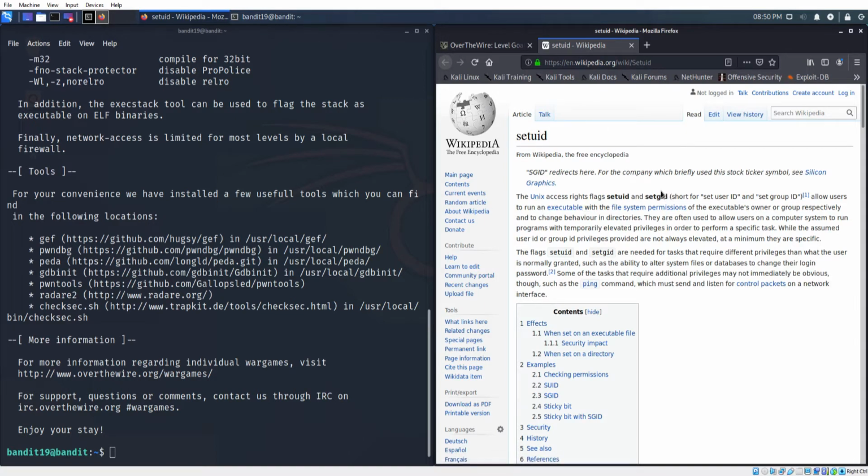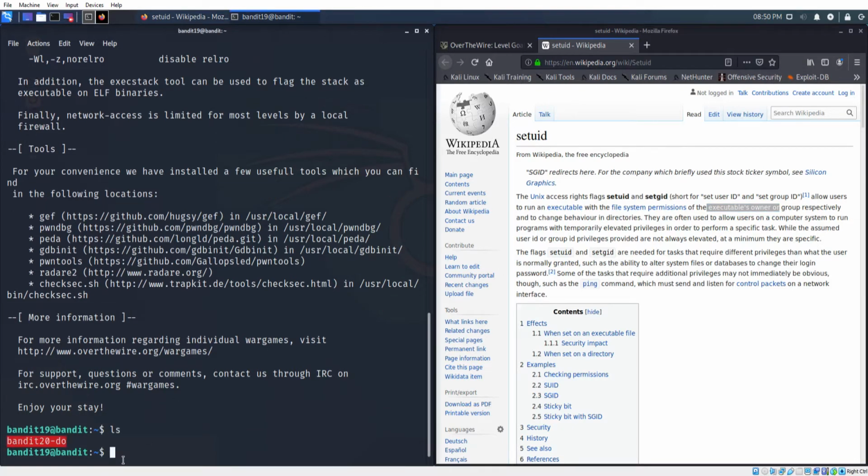It basically allows a user to run something as a different user. So in this case, this binary that we're talking about allows someone else to run as the executable's owner. So let's take a look at what this file is here. So it's bandit20-do, and so to run a command here, or to execute our binary, we just type in